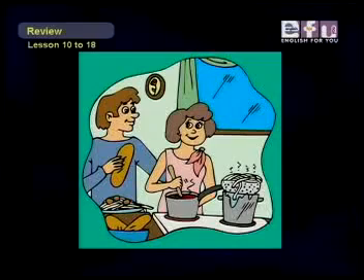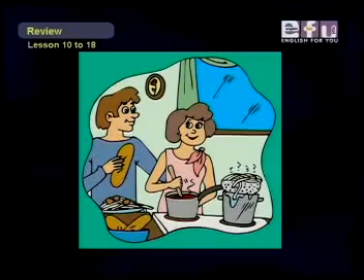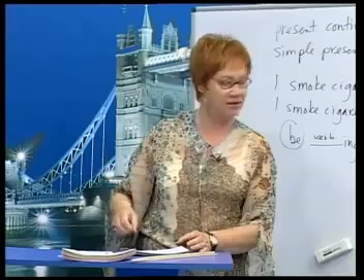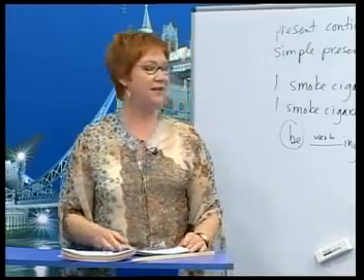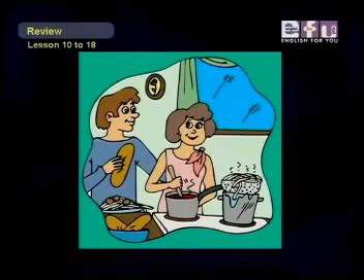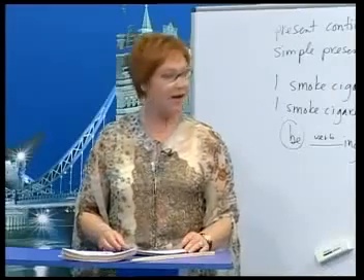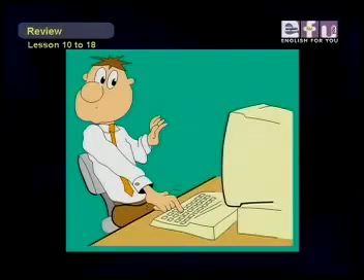Okay, now here's one for Susan. Tell us about the photo. I think they are a couple. They are cooking spaghetti. The kettle is boiling. Good. A man is holding bread, and the woman is mixing the sauce. Okay, the woman is mixing the sauce. Good. Is the woman smiling? Yes, she is. Good.